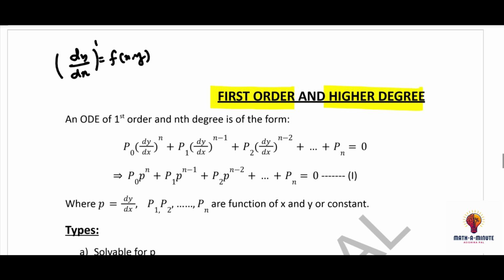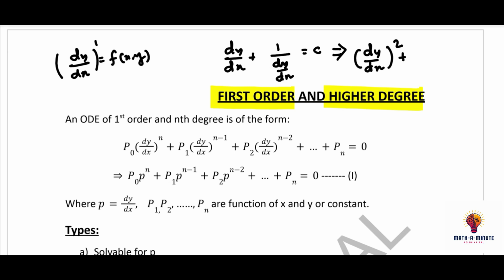Suppose, for an example, let me take this equation: dy/dx plus 1 by dy/dx equals c. If we write this differential equation in this way, (dy/dx) whole square plus 1 equals c into dy/dx. So we can say that the order of this differential equation is 1